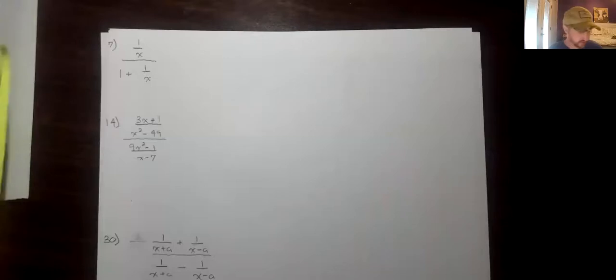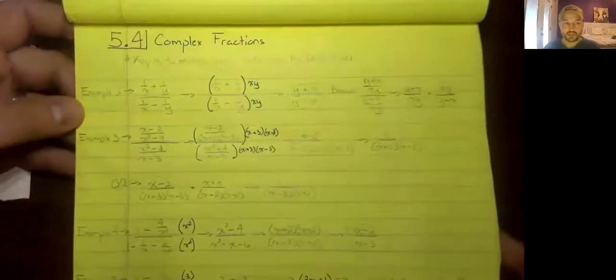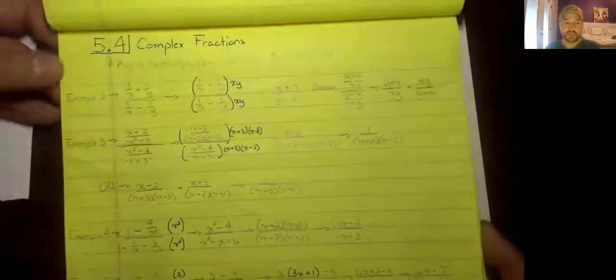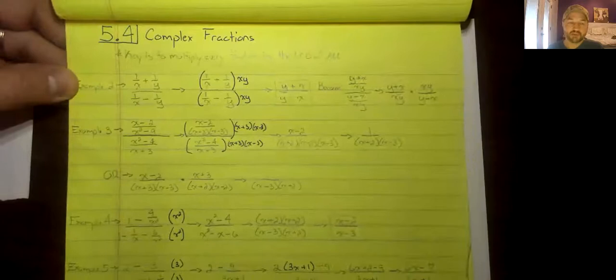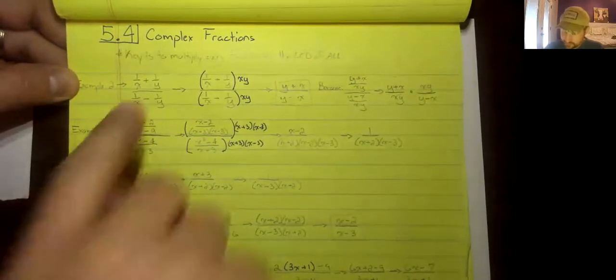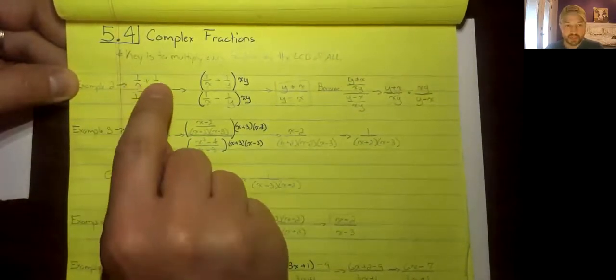Okay, section 5.4, complex fractions. I love this one because it shows a concept that makes something that looks confusing actually pretty simple. So 5.4, complex fractions. The key: multiply every one of them, every fraction that is,